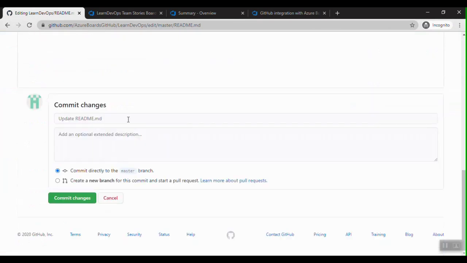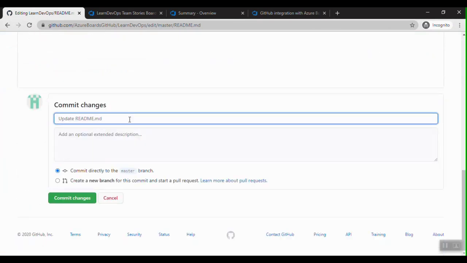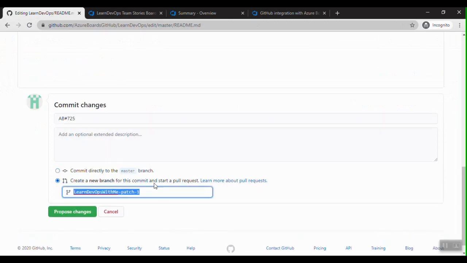Here I am going to say AB hash and the work item ID. The work item ID is 725, and I'm going to create a branch and start with a pull request.